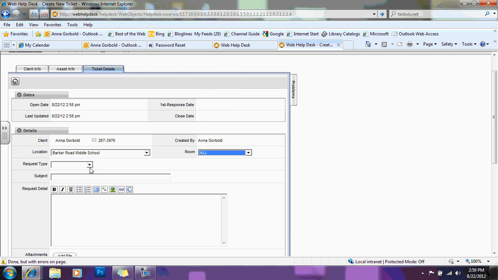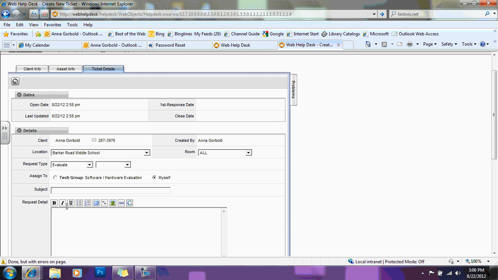I now have a request type. In this case, this is a pretend ticket, so I'm going to just do something that I think is a little less serious. I'm going to choose evaluate, because that's something that I could actually do. And notice as soon as I selected evaluate, there's another drop down. So if I click on that, what is it I've been asked to evaluate? Hardware, software, web resources. Let's just choose web resources,